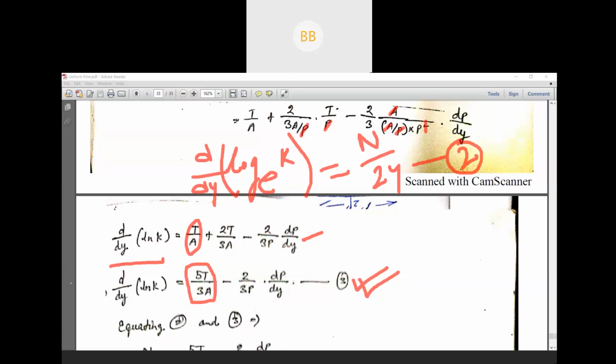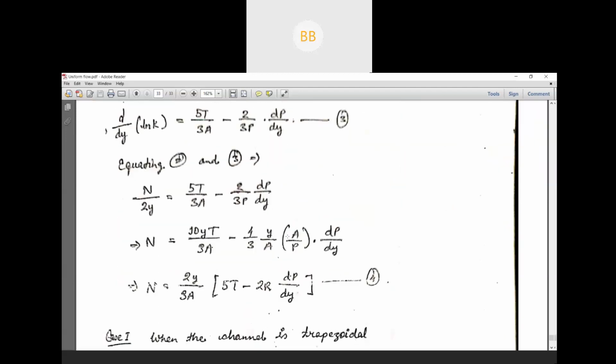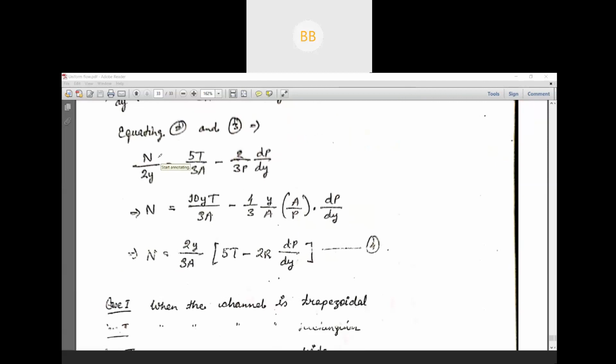Here also in equation number 3, the left hand side is the same. So now we are going to replace this left hand side in equation number 3 by considering equation number 2. Next we are equating equations 2 and 3, and we are going to replace d by dy log e K by n by 2y in equation number 3. Then we multiply it with this 2, and 5 with 10. Here will be y, so then yt divided by 3A, and then again we multiply 2y with this term also. Then it will be 4 and y will be there,